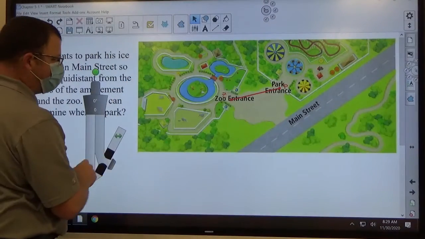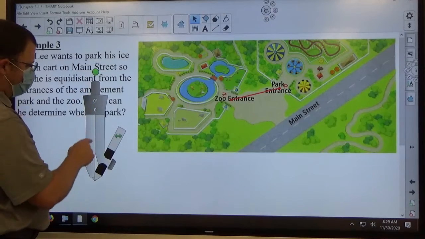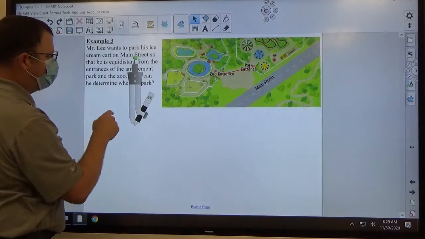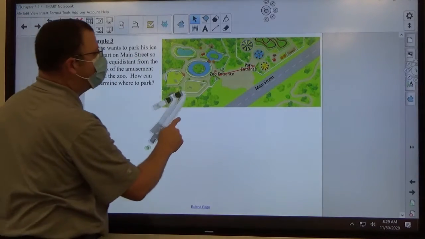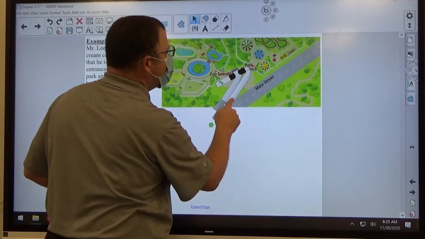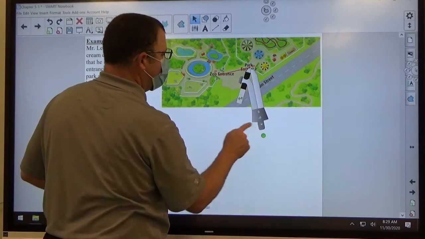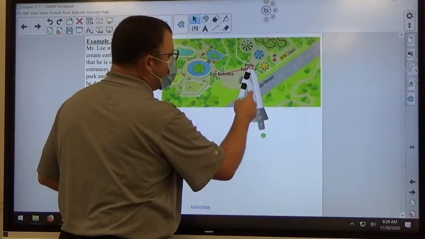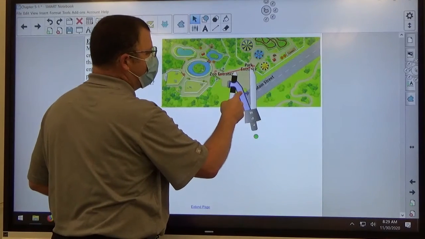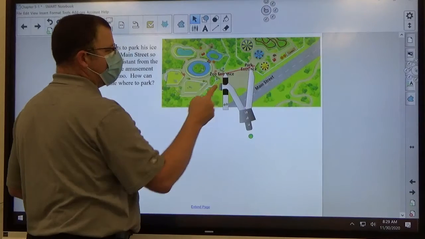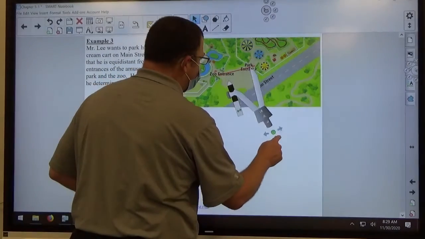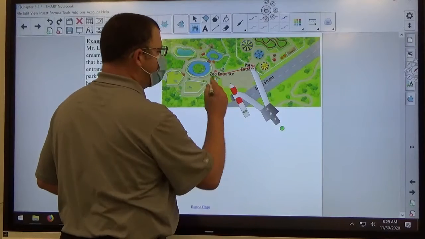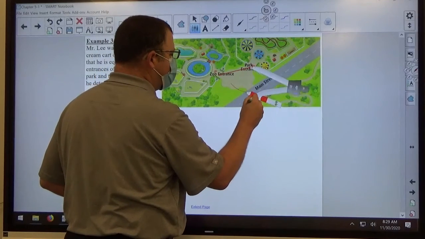The first thing you're going to do is take your compass and position it on either P or Z, it doesn't matter which one. Then open your compass beyond halfway. You can kind of ballpark where halfway is, and go past that point. It doesn't matter exactly how far, just go beyond halfway. And you want to construct an arc both above and below your segment. So I'm going to put an arc down here